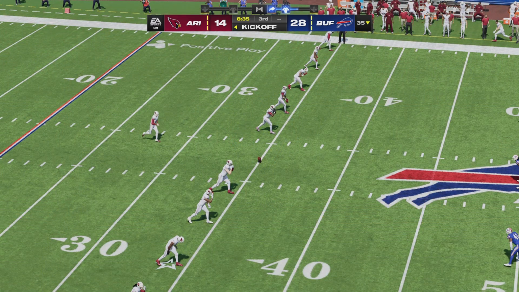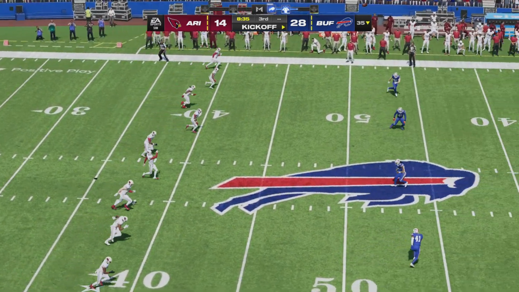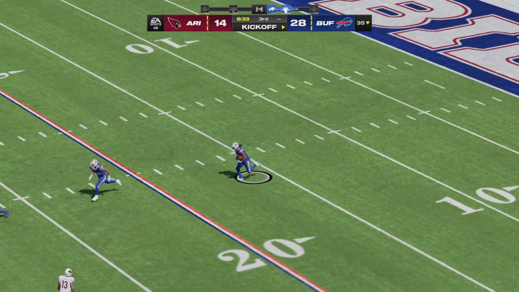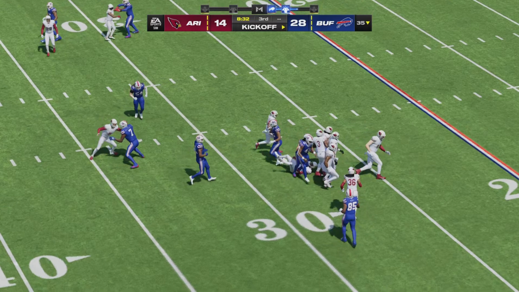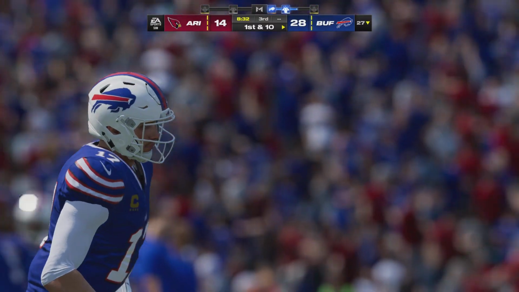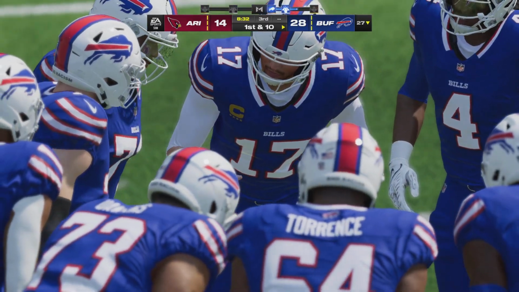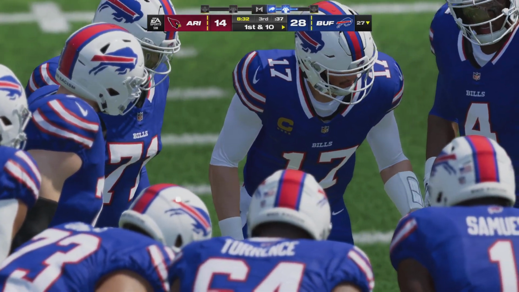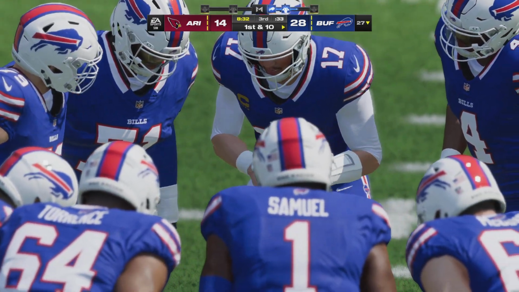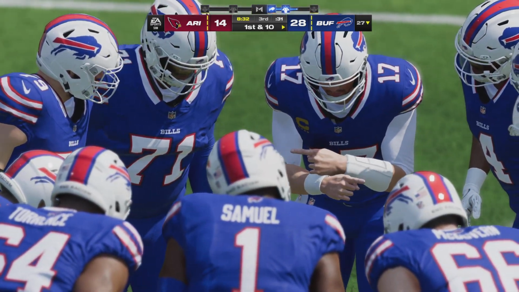And after the touchdown, out is Prater to kick. And a decent return out to the 27-yard line. Here's the Buffalo offense now as they get set to take over here. Their lead down to 2 scores after the touchdown a moment ago as they start with a 1st and 10.